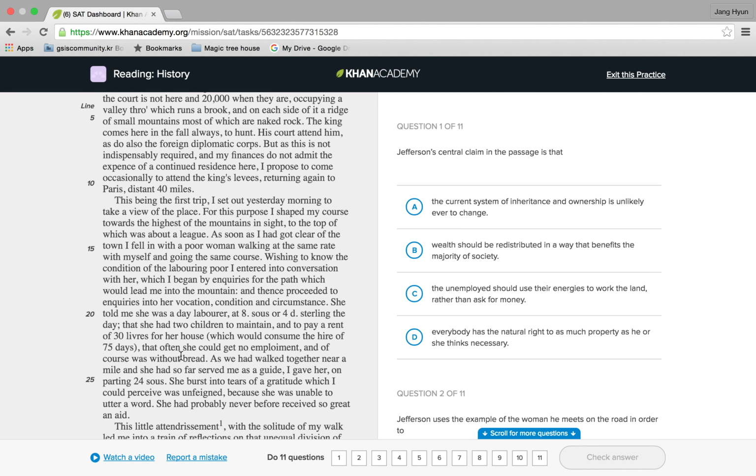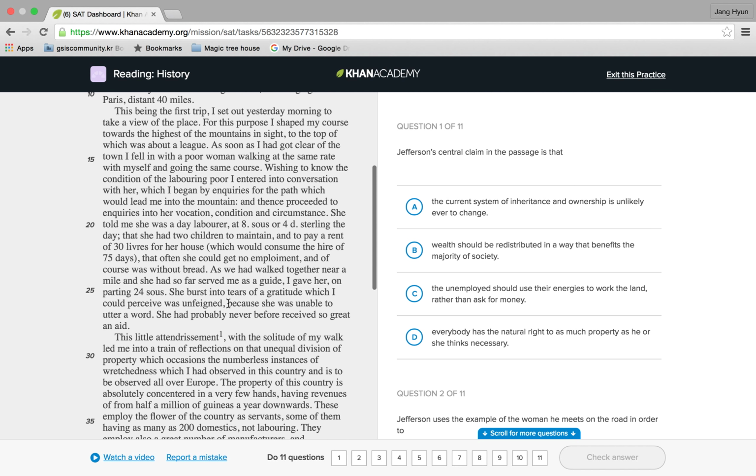employment, and of course was without bread. As we had walked together near a mile, and she had so far served me as a guide, I gave